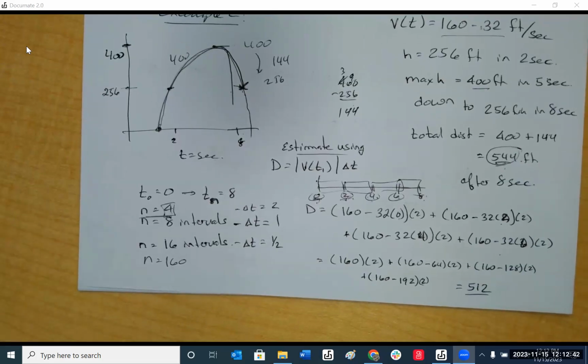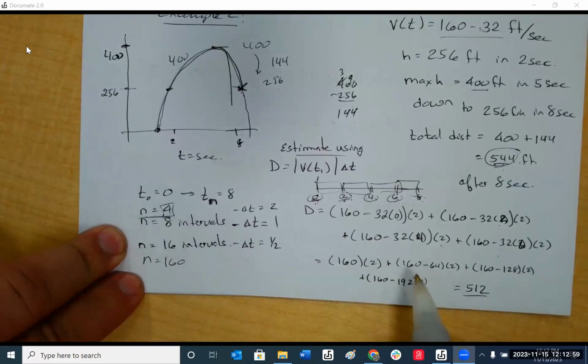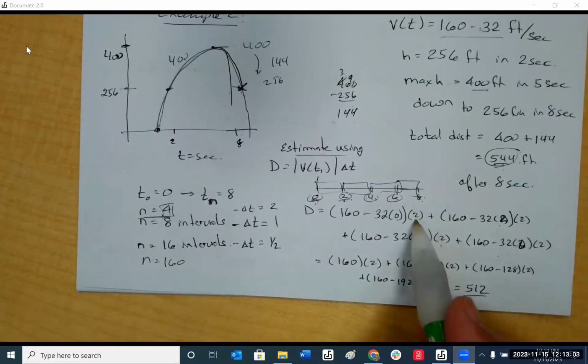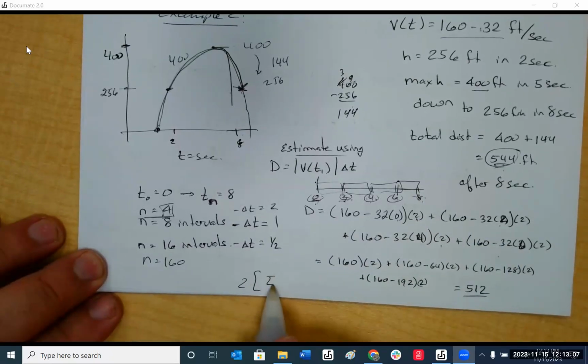But yeah, I can take this more. In the computer, all you do, like in Excel even, you just type in this formula, and this is your intervals. That's your x you're importing, and that's always going to stay constant. Or you can even add up everything and at the very end multiply by 2 instead of doing each one separately. That's a common factor of 2, so we can factor that out and do the summation of 160 minus 32